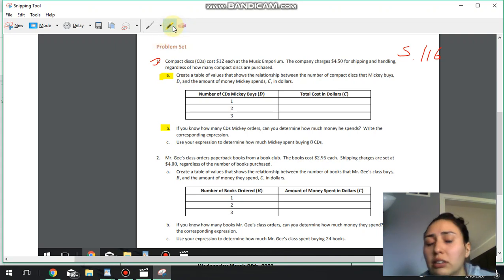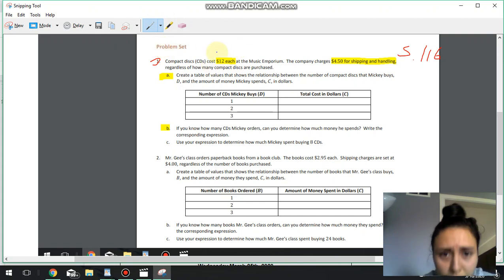So you can purchase 10, 5, 1, no matter what, that shipping fee is still going to be a flat rate, is what we call it in the real world, of $4.50, but you also have to pay $12 for each of the CDs. So just like the problem we did yesterday, each is going to mean to multiply, right? That's one of the keywords that either means division or multiplication, but in this case, it definitely means